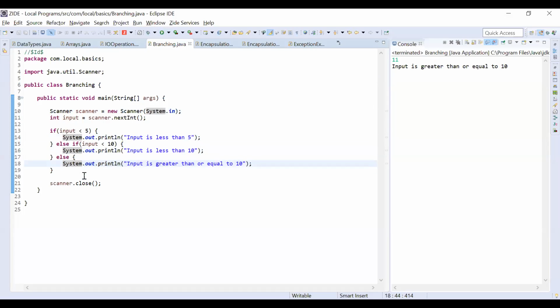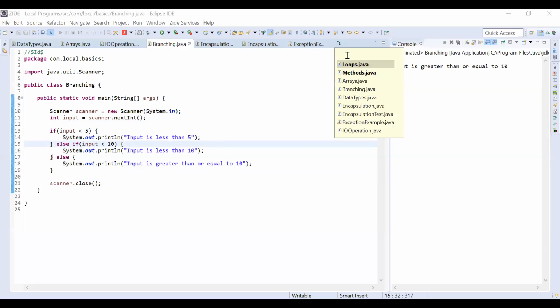For branching, you can make use of switch statements also. But by default, most programmers make use of if statements, because if the variable that you are using inside a switch statement is given a null value, there is a possibility of a null pointer exception. So please ensure that in your code there are no null values. As a programmer, you must make sure that your code is exception free.